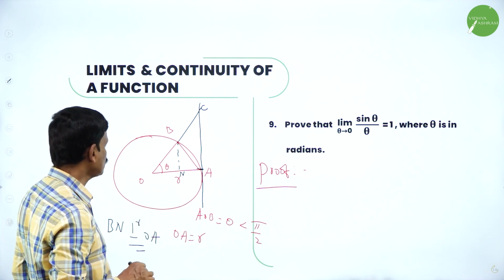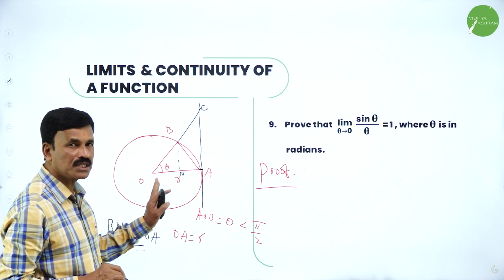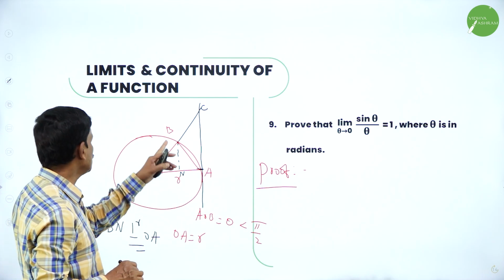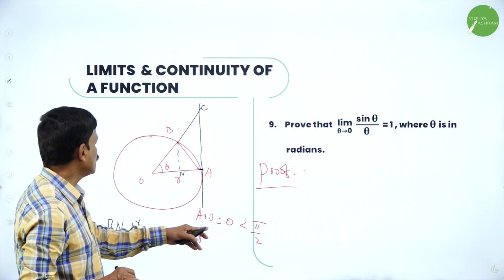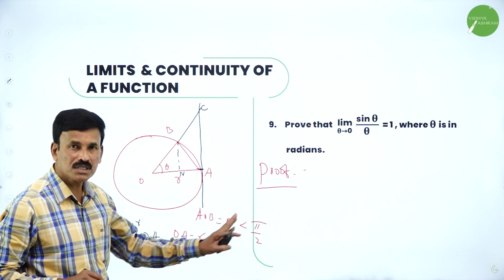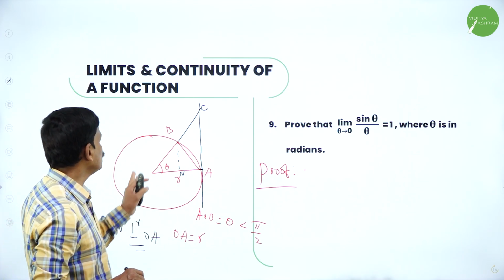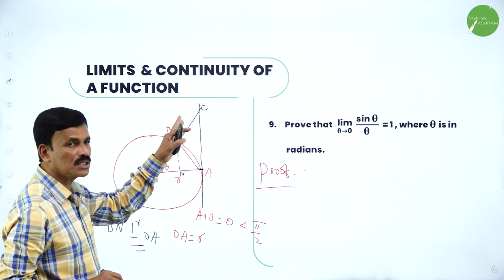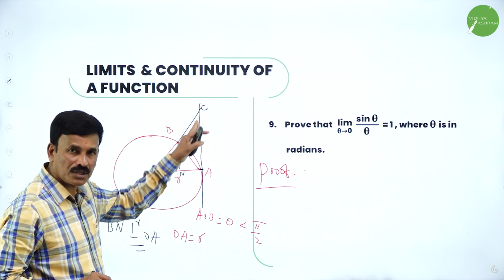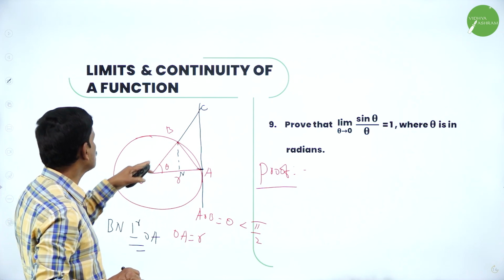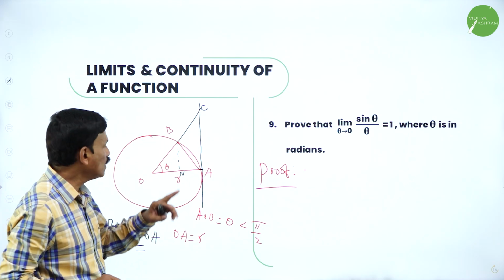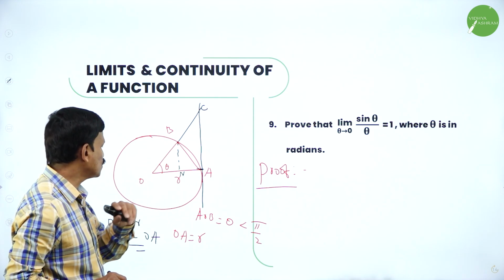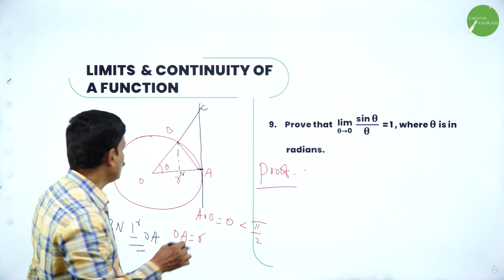See here. Consider a circle with O as center, R is the radius. Mark the points A and B on the circle such that angle AOB is equal to theta radians, which is less than 90. Join OA, OB and AB. Next, at A, draw a tangent to the circle and produce OB to cut the tangent at C. Finally, BN is drawn perpendicular to OA. Right. Now, from figure,